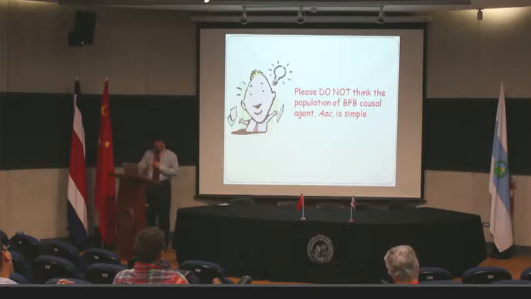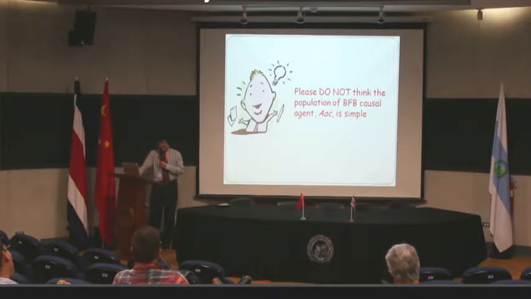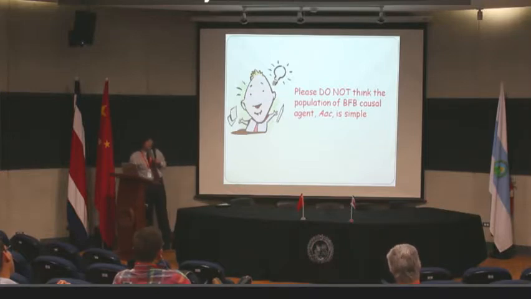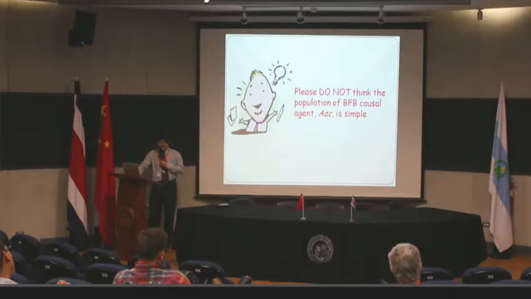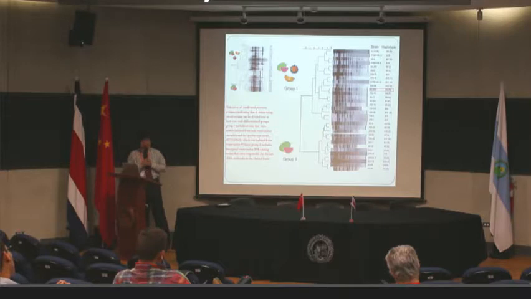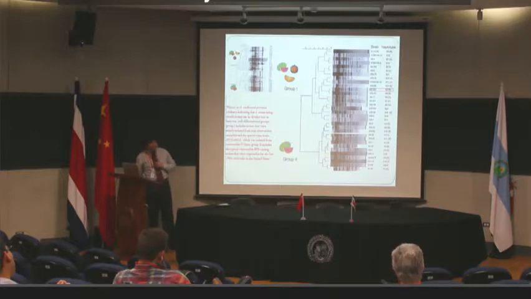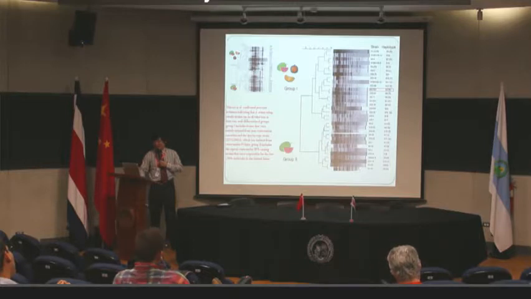So, since we already know the background of BFB and ACC, I just want you to know, please do not think the population of the BFB causal agent ACC is simple. It's very complicated, and we have done a lot of work on this part. We use modern molecular marker work, and from all this work, it is quite clear that all the ACC pathogens collected from different fields, from different countries